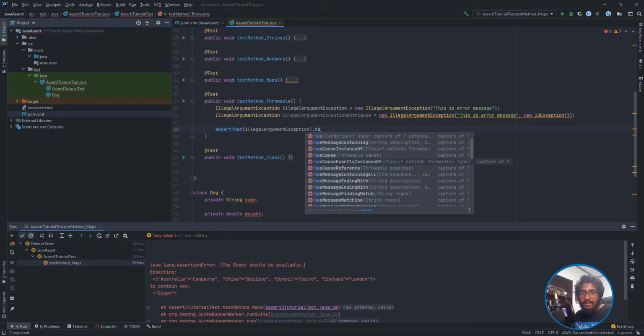Has cause exactly in instance of, has cause reference, and has message ends with, like those things. There are very rich methods available for the exception, right? In this way you can test anything you want using this library because it supports almost everything. So let me